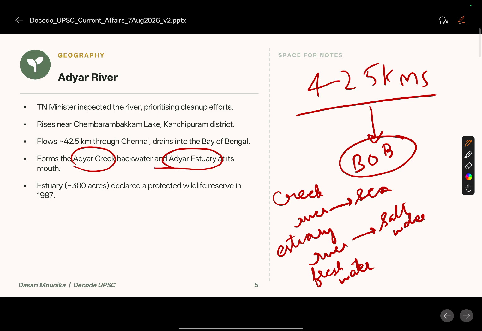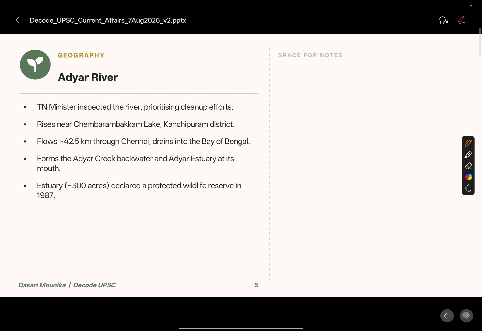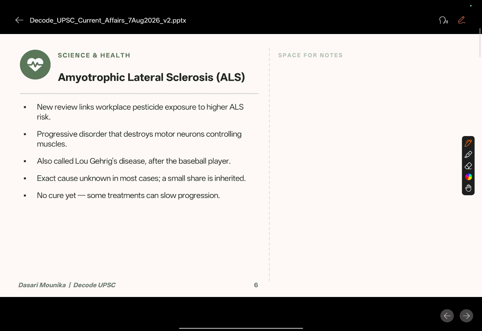So this estuary, approximately 300 acres, was declared a protected wildlife reserve in 1987. Next, moving forward, we have another important topic: